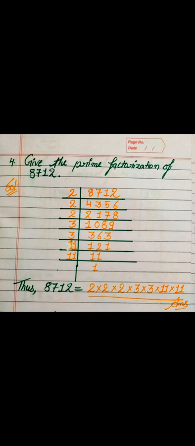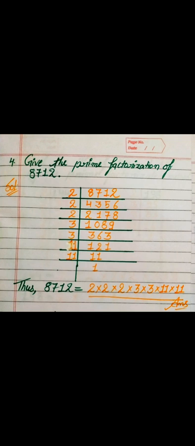Next prime number is 5, but its last digit is 1. We will think of the next prime number, which is 7, but it is also not divisible by 7. Then we will think of the next prime number, which is 11. Now this is divisible by 11, like 11 ones are 11 and 11 ones are 11. Again you will get 11, so 11 ones are 11. Now we will skip this 1, as it is neither a prime number nor a composite number.